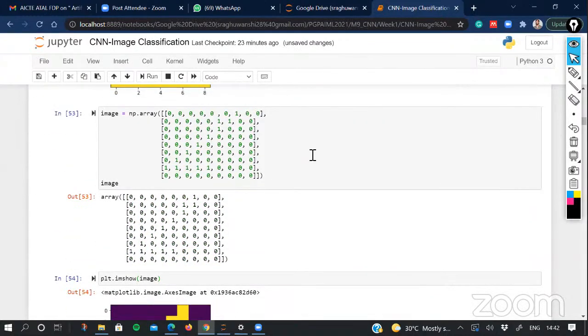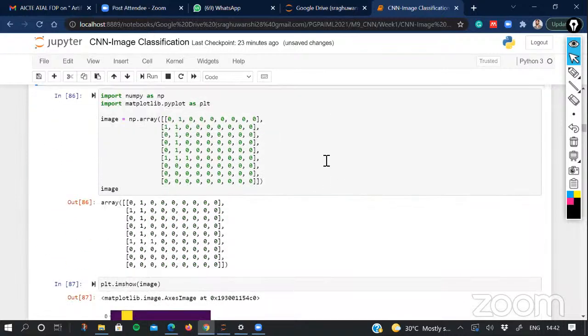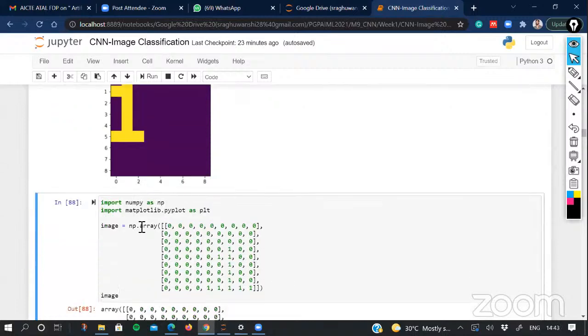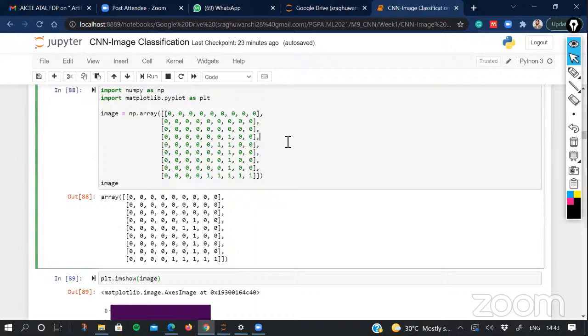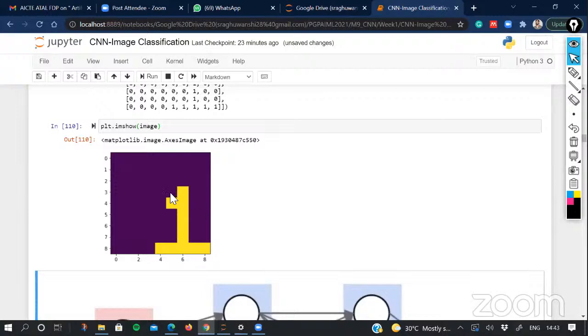Now, sometimes you can see rotations also. It's not very clearly visible here because of the small resolution image. But when you use a dense resolution image, you can see that this is an image of 1, but it has been taken with some rotation angle. But again, I can say that this is an image of 1, and I can try some other combinations also, where I can plot these images at a different part of this image box. So this is at the left top corner, and on the right side, you see, this is at the right bottom corner.